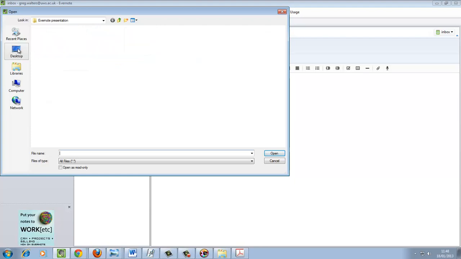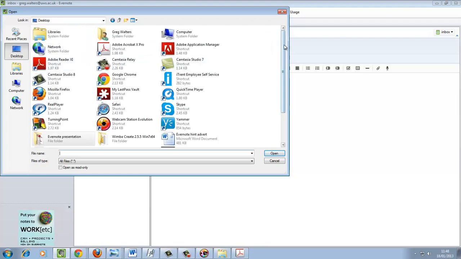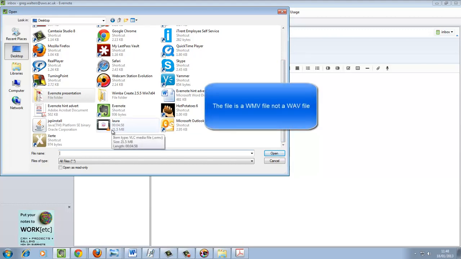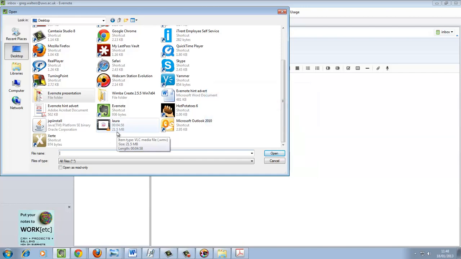and as you see, I will now go to my desktop and retrieve the file I'm looking for. In this instance, I have used a WAV file. The file is under 25 megabytes because if you remember earlier on in the presentation, I mentioned the file size for notes is 25 megabytes within the free edition of Evernote. So I'm going to click here to open,